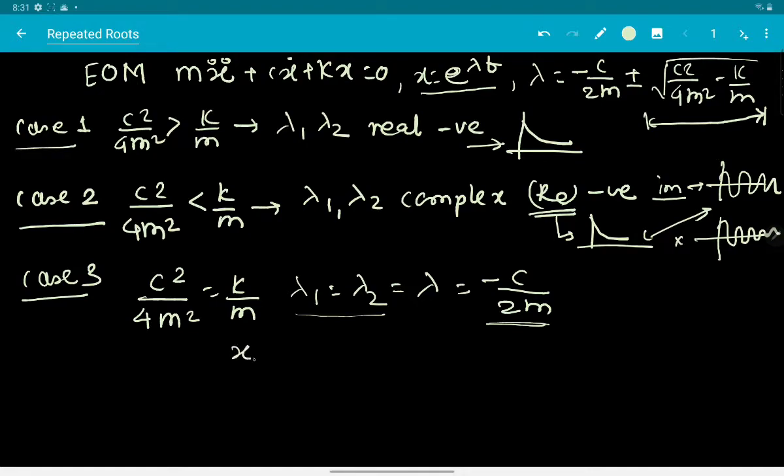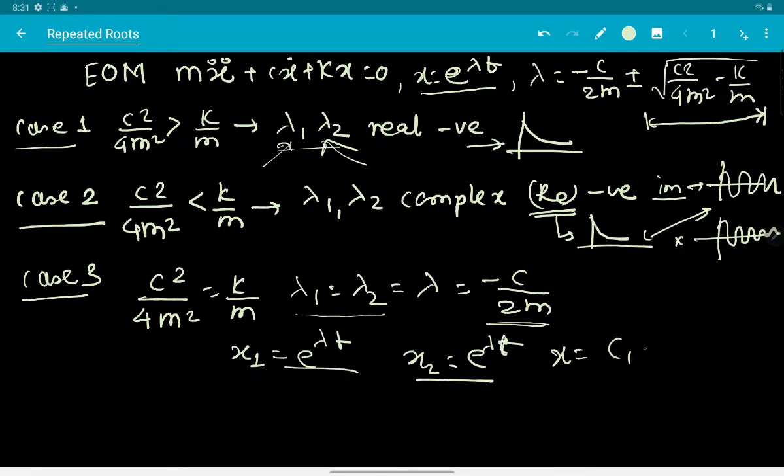Initially we were considering two possible solutions coming out of this, one corresponding to lambda 1 and the other corresponding to lambda 2. Now we have solution x1 which is e raised to lambda t, and x2 also e raised to lambda t. So we don't have two different functions, so obviously we won't be able to construct x as c1 x1 plus c2 x2, because x2 is no different than x1. So as such we have not at all obtained x2. This procedure has ended up giving us only x1, and x2 is something that we are yet to find. So we need to find out that x2, which is going to be a function of time.